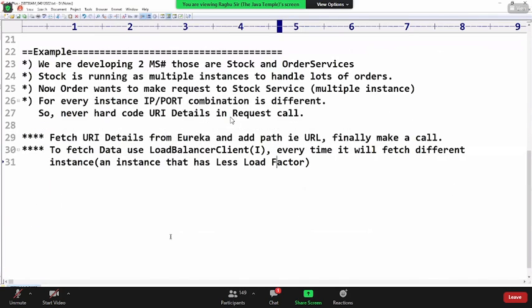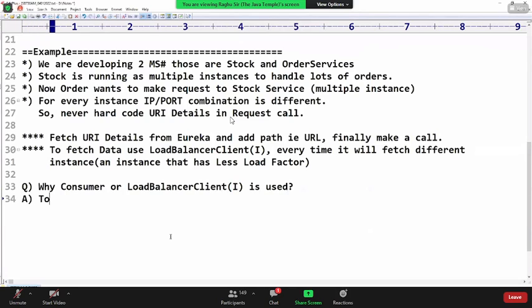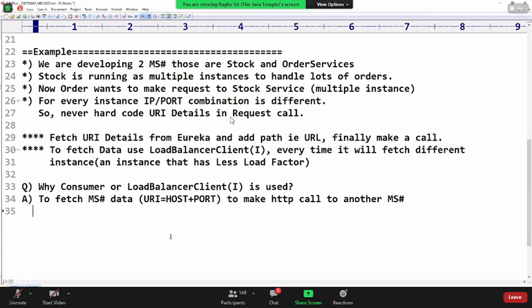Simple question: why is the load balancer client interface used? Answer: to fetch microservice data, especially URI, host plus port, to make an HTTP call to another microservice.